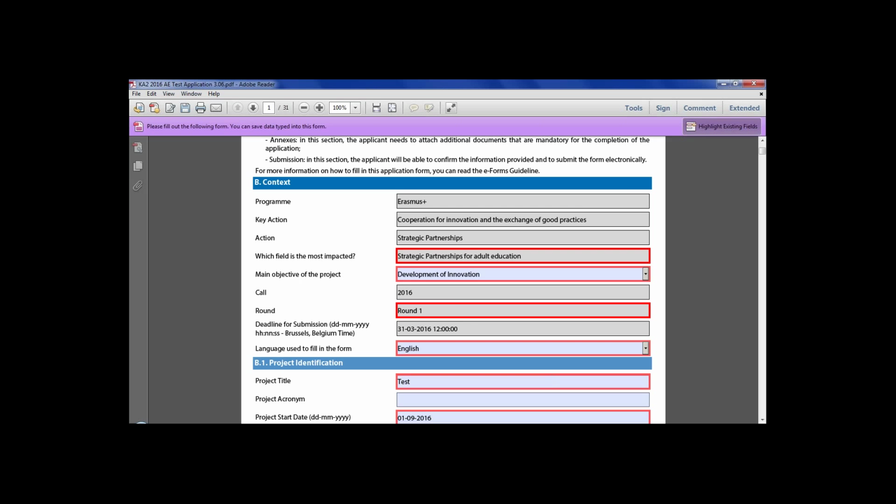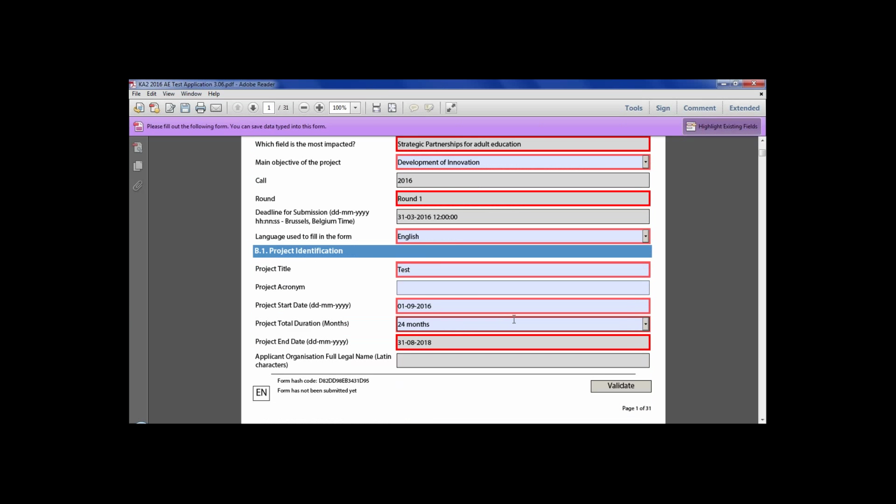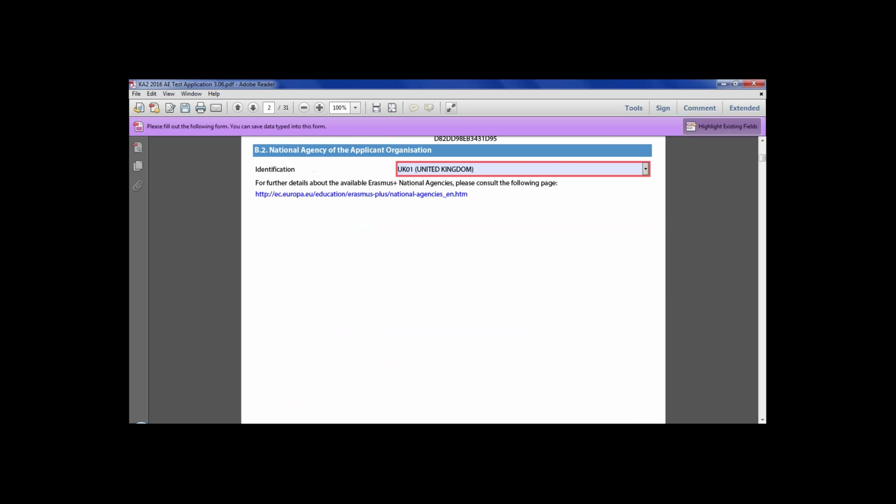You'll need to input your start date and choose the duration of the project, which will automatically fill in the end date for you. The start date must be between the 1st of September and the 31st of December 2016. However, please note the latest end date for your project is the 31st of August 2019. I'm going to scroll to section C,